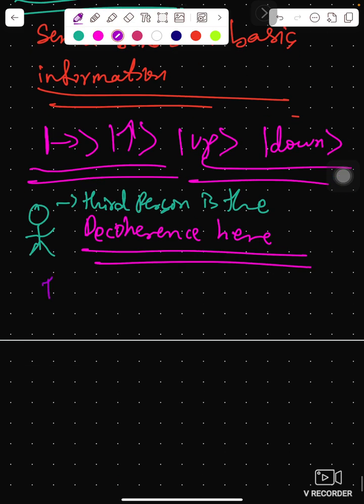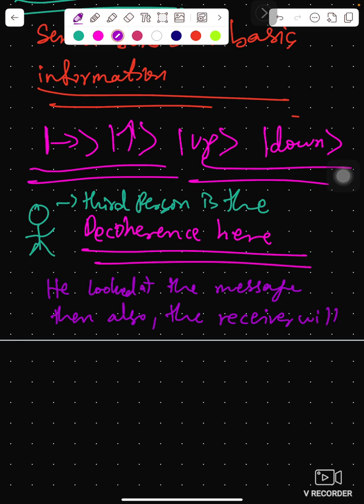How did he interfere with the message? He looked at the message. Then also one more thing, the receiver will know that there was an interaction before,